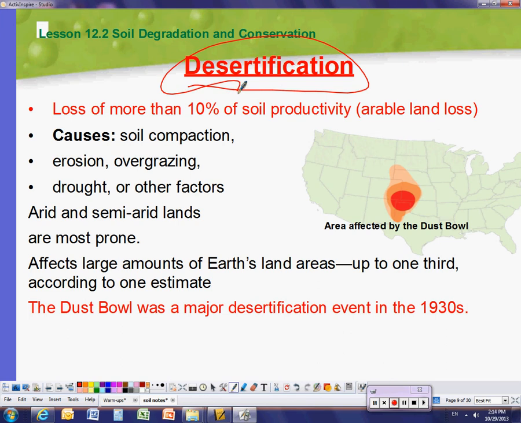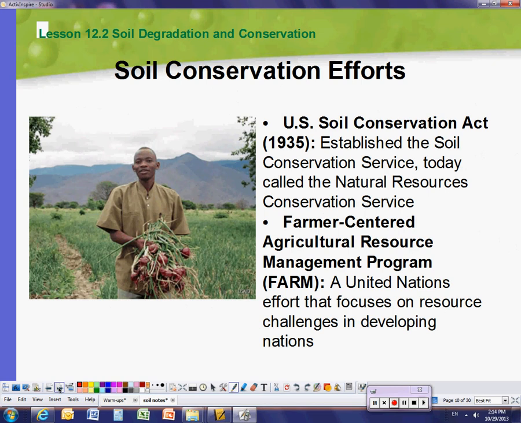All right, moving on. There's different types of soil conservation efforts, one of them being FARM, ironically enough, Farmer-Centered Agriculture Resource Management Program. Basically, it's to help farmers with their trade. A lot of times farmers before were kind of left to the wind. You do what you want, you take care of your land, but then the government had to step in and help them out with money, help them out with erosion, because everything started going downhill once the Depression had hit.